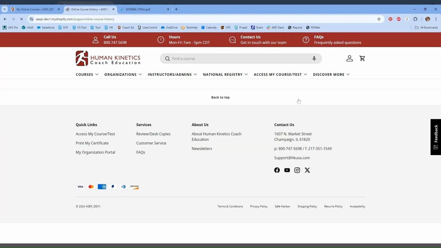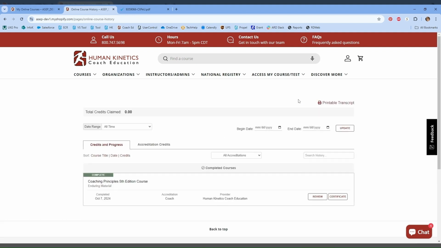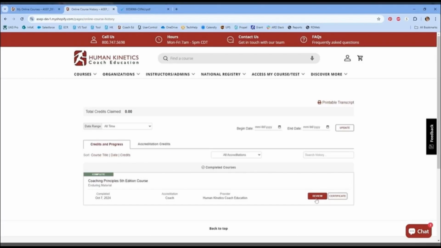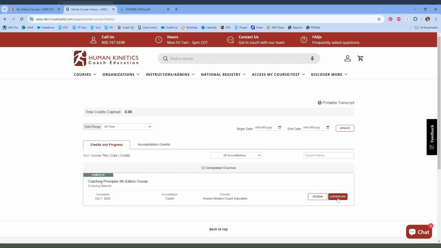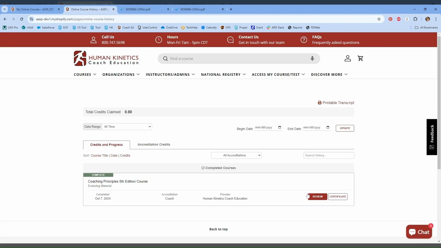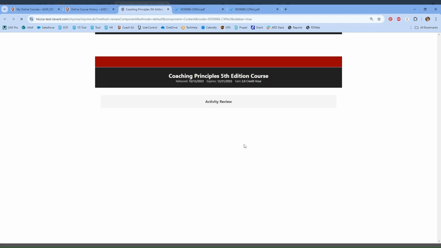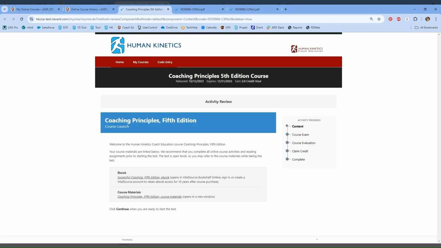The first one is what they'll likely be pressing at this point, and it will take them directly to their course history again. And now you'll see there's a review button and a certificate button. They can click either. Obviously, the certificate's going to open up the certificate again. And then the review button will allow them to see their score, will allow them to click back into the course content if they'd like, or review their exam to see kind of what questions they got right or wrong,